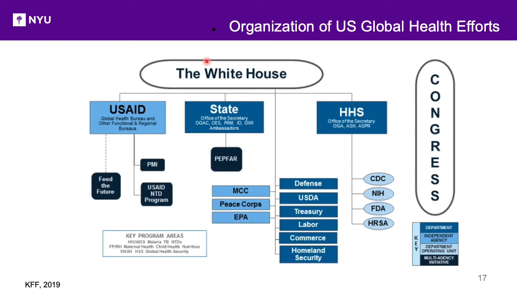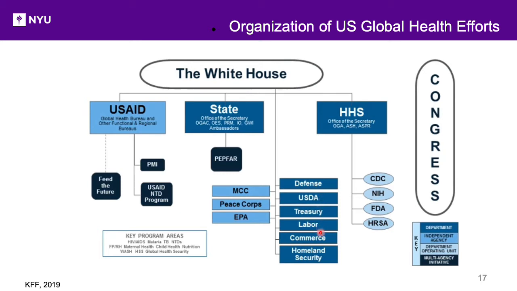And I would say the two major departments where the money goes to are the State Department here, and it funds programs including PEPFAR, and then of course HHS here, and then it also goes to various programs, including defense,